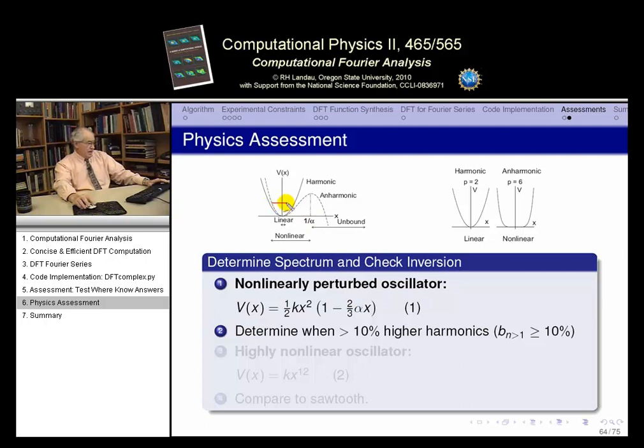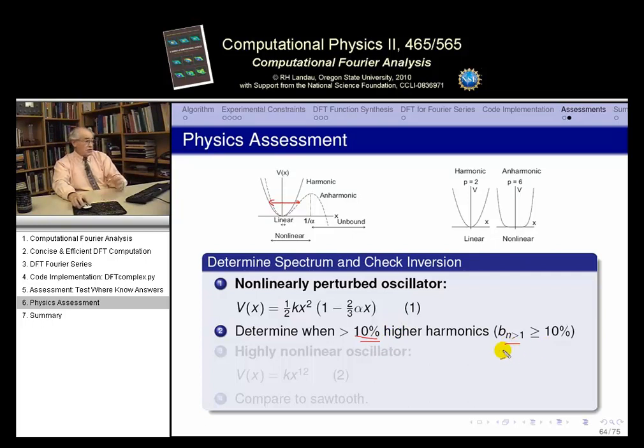oscillation that looks something, say, like that, non-symmetric about the origin, then you can ask the question, here's the potential, how much of an amplitude must you have? How far from the origin, what x value do you start this off at, in order to have, say, 10% higher harmonics? Okay? So that's a good question. It's a good question both because it's practical and also you have to understand, you have to interpret what that's asking for. So one interpretation is, I would say, okay, if we have 10% higher harmonics, that means that